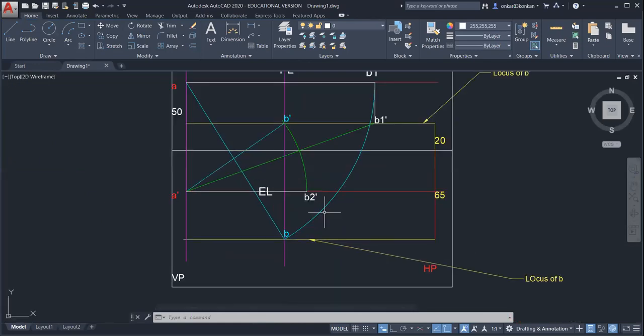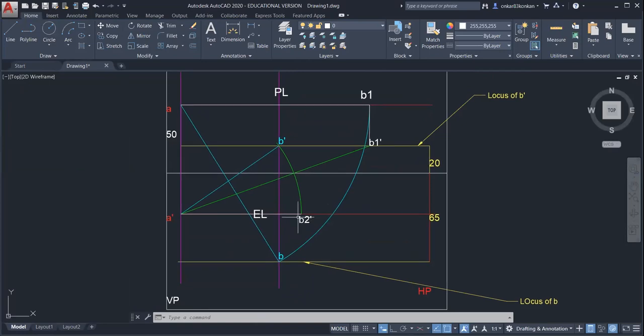Okay, so now take the projection from B2 dash on the locus of B. Okay, so we will get the B2 point. So draw one vertical line from B2 dash on this locus. And now connect this point.